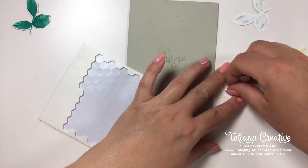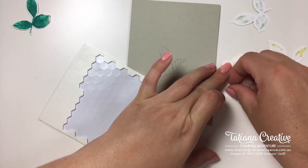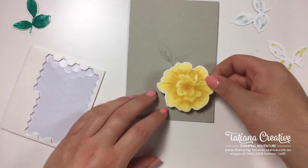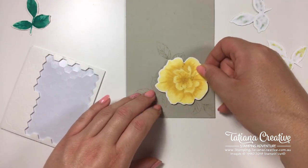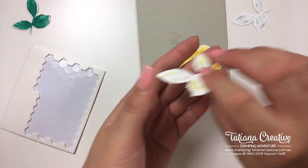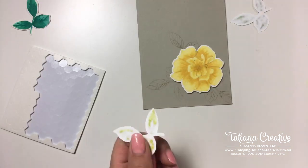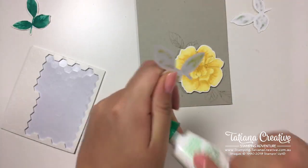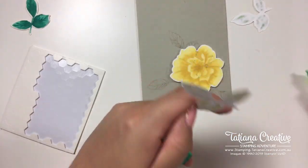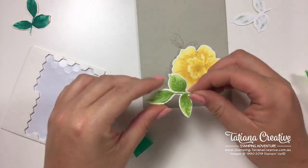And removing the release paper. And adding that flower right here. And then we have the granny apple green leaf sitting. One second, add some liquid multi-purpose glue. And we add that